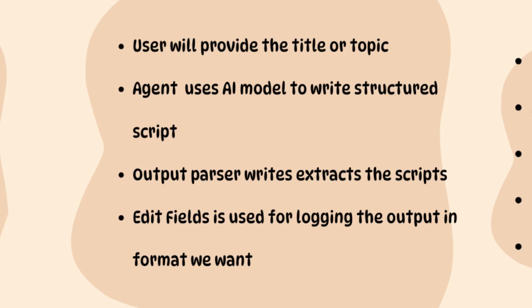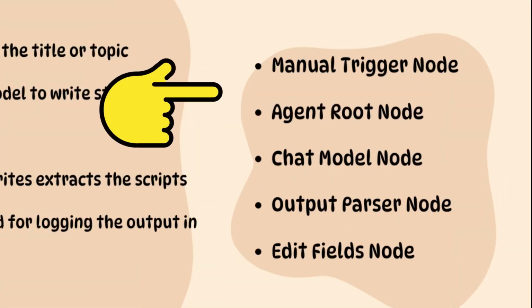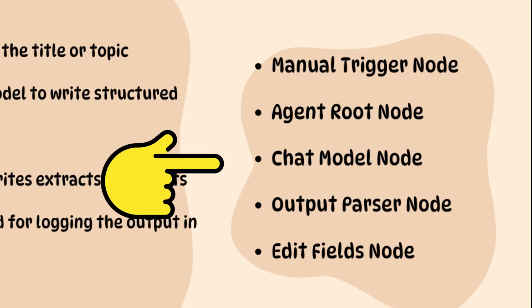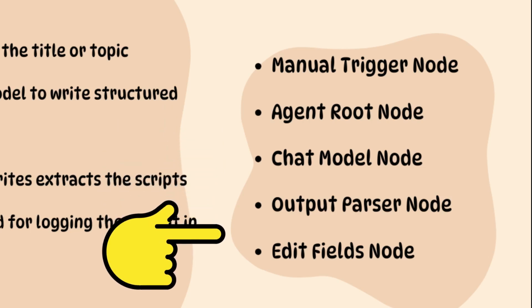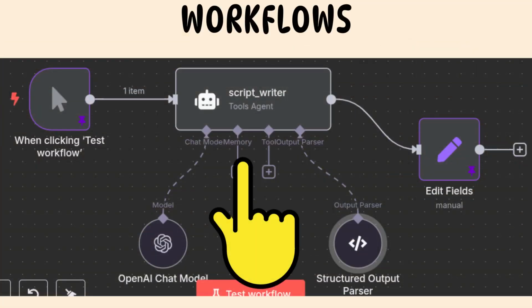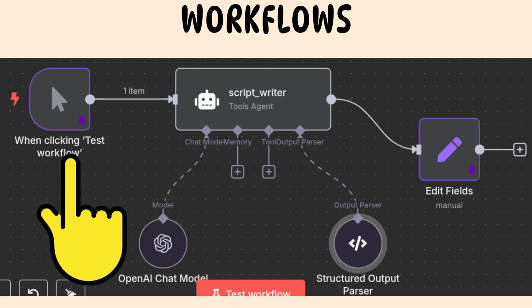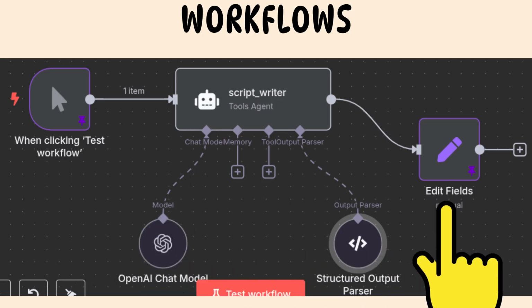full YouTube video script. We will use the manual trigger, agent root node, chat model, output parser subnodes, and the edit fields node. This workflow keeps things simple by focusing only on the script agent. It starts with a manual trigger for input and displays the output using an edit fields node, making it easy